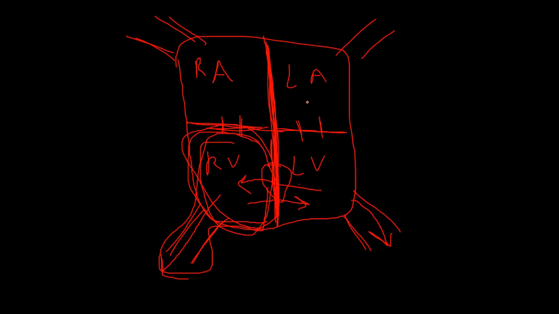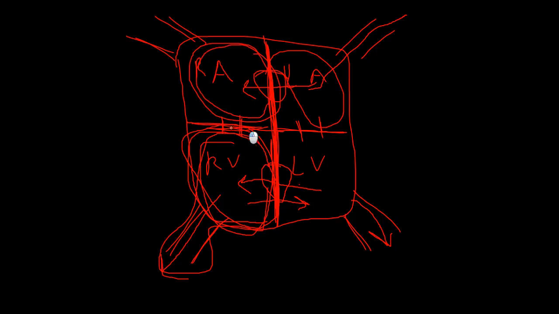Atrial septal defect, similar story. Basically what happens is that the blood comes down through here. When it comes down through here, again, this is a higher pressure system. If there's a hole right there, then the blood's going to go this way. And when the blood goes this way, it puts more pressure on this right atrium, which means more pressure on